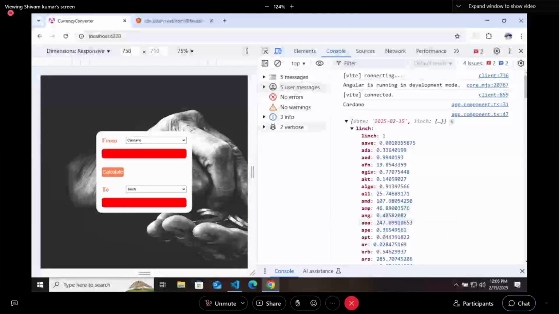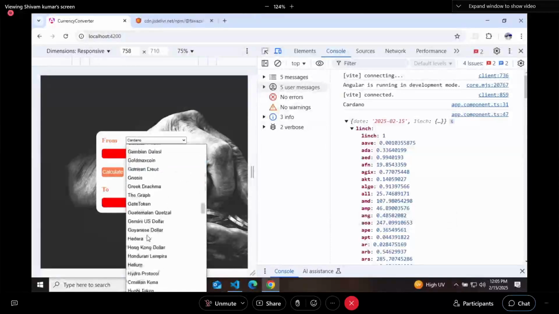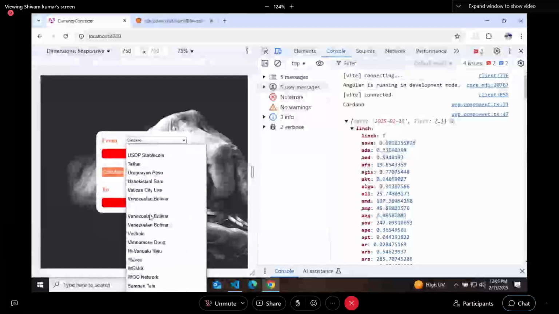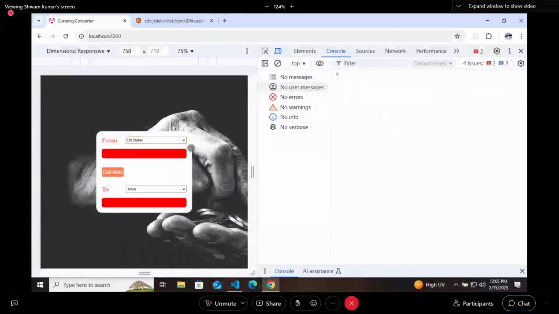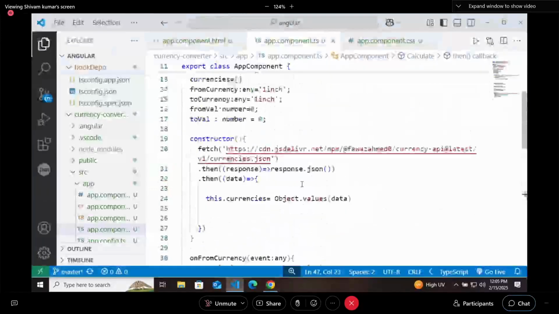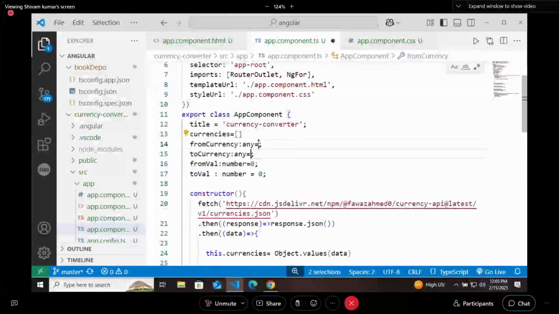Let's say you are selecting USD here. Where is American dollar? US dollar. Now, okay, every time it is printing from 1 inch only. So you can actually remove the default values.